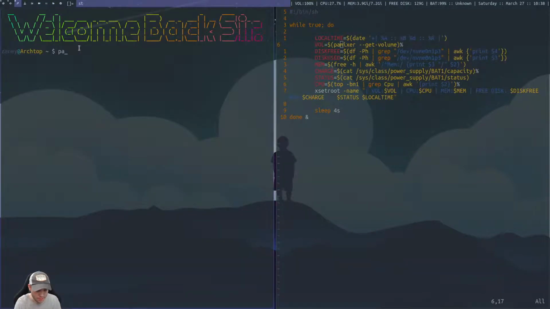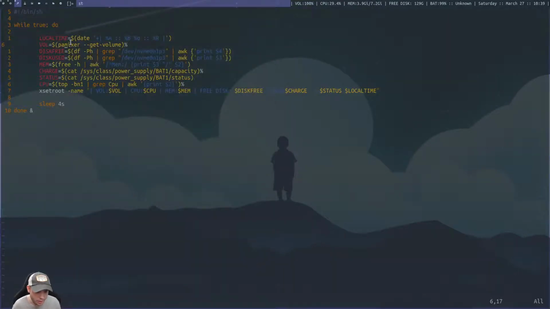Pamixer is a program that I've got, and I can do --get-volume, and it'll return the volume level of my master or whichever sound card I'm actually using. It returns the value of what it's at. And so I just set volume to the output of this command, and then add a little % sign after it.